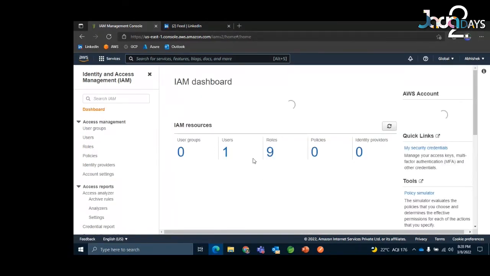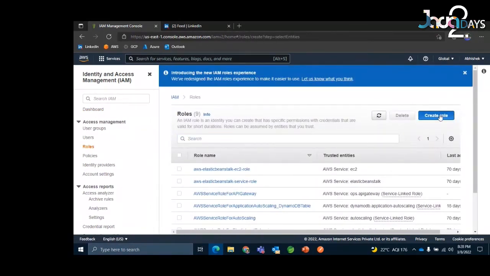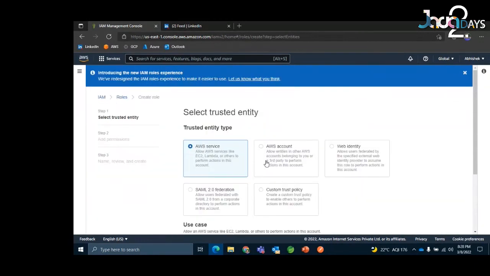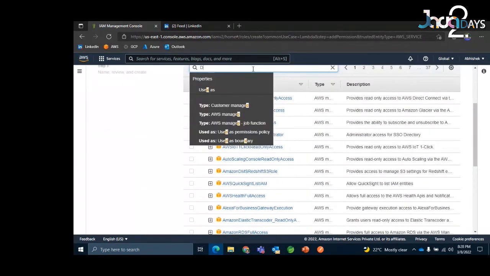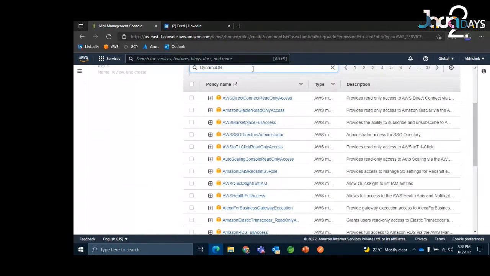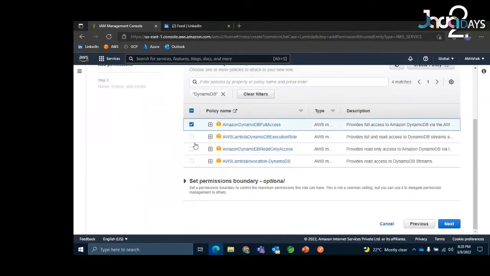Now we'll create a required custom Lambda role because I want my Lambda also to connect with the DynamoDB. So for this, we'll create a custom Lambda role. Let's say Lambda. Next, and here I'll go for DynamoDB. I'll search it again. I need full access, I need some execution role, and I need the Lambda invocation DynamoDB.